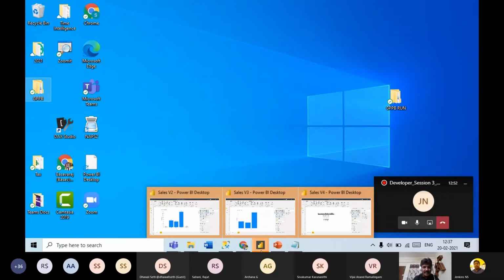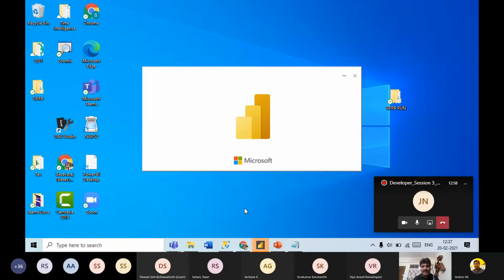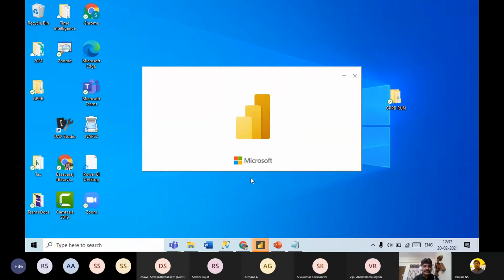Let me open Power BI first. Power BI Desktop is a completely free tool. You can download and install it on your machine. So I'm opening Power BI Desktop.